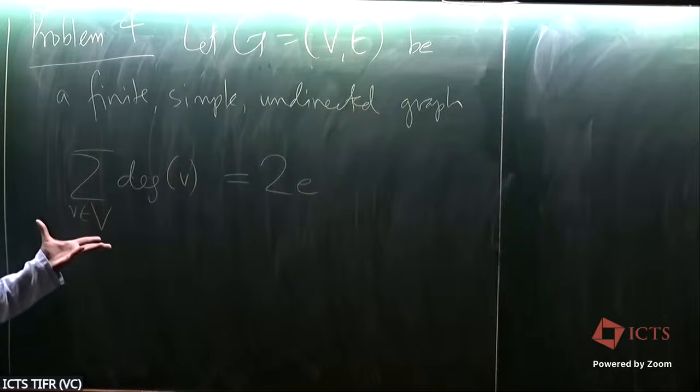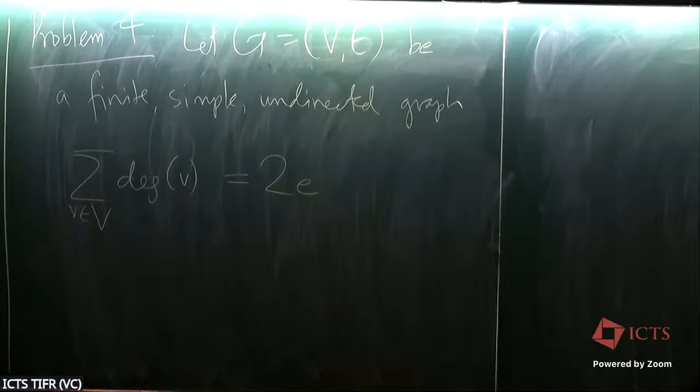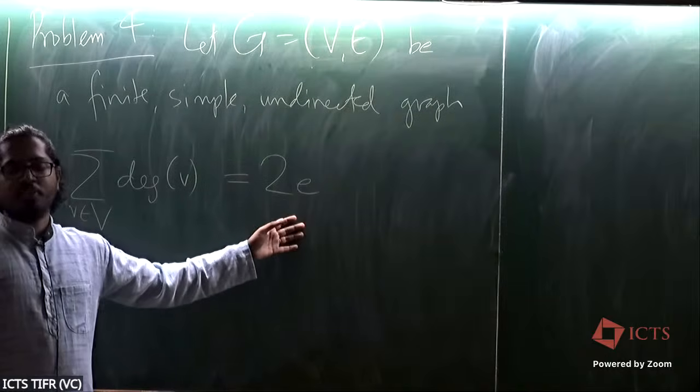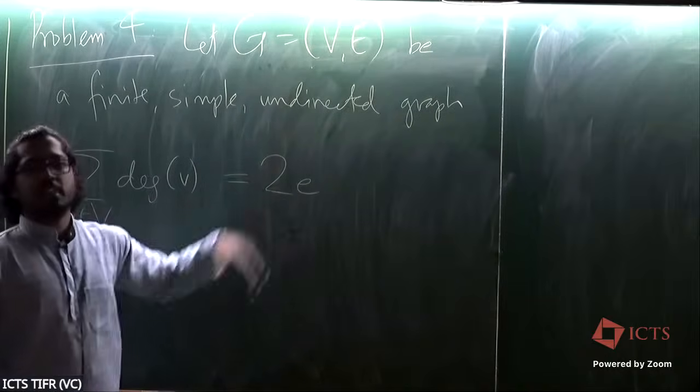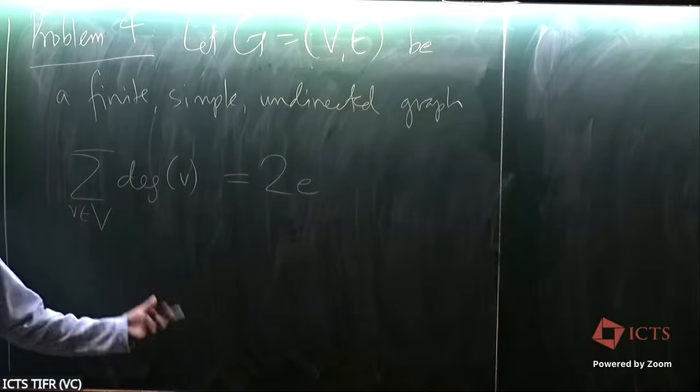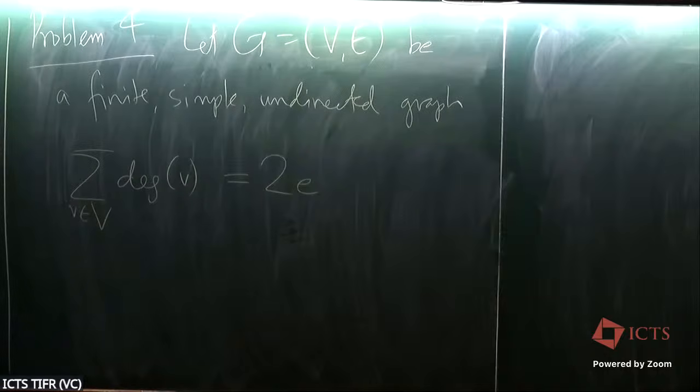Once again, this should be given some combinatorial proof. Exactly. So the right hand side certainly seems to be of that flavor. It's 2 times the number of edges. So maybe I'm counting the edge set twice in some way. And the left hand side is again some count of the edge set in a different way. Do you have some idea of how to do that? The left hand side as well?